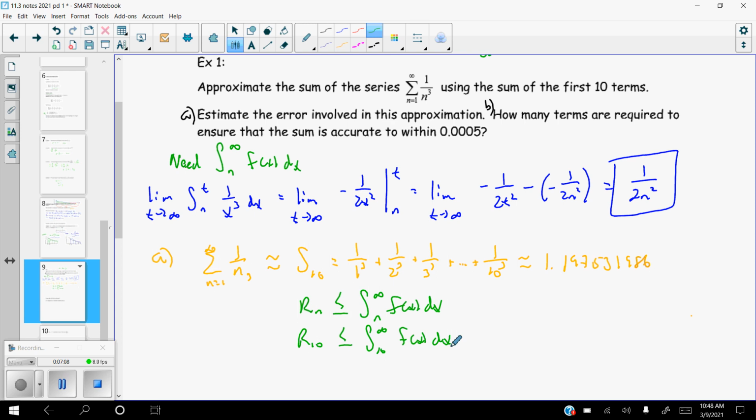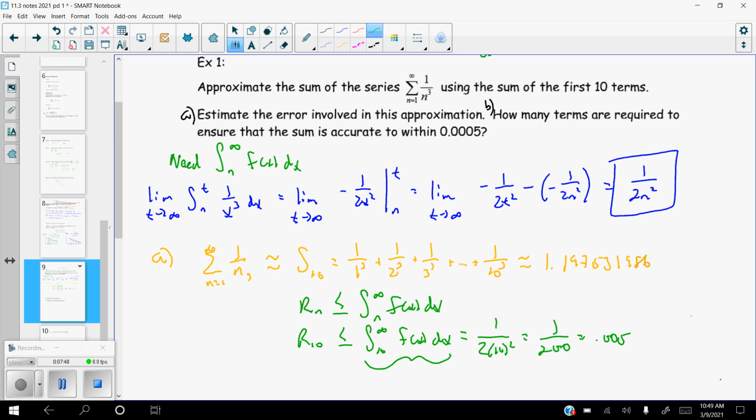Well, we've already figured out what our remainder is. We know this integral right here is going to be 1 over, comes from what's in blue, 2n squared. But n is represented here by 10. So it says that our remainder, or our integral, excuse me, is 1 over 200, which means that the remainder is less than that. So the remainder we have bound by the fact that it's going to be less than 1 over 200, which is, in decimal terms,